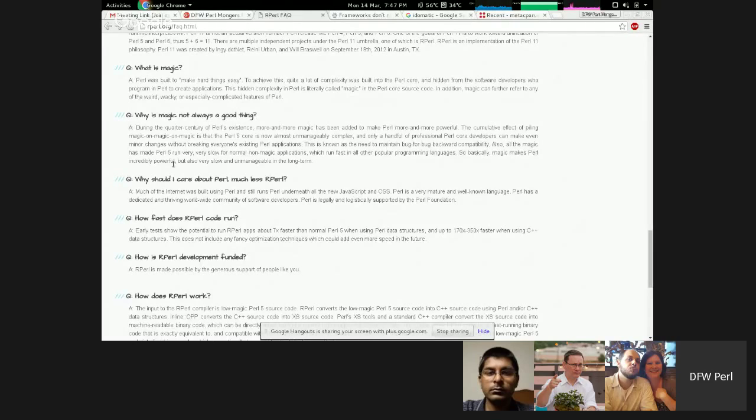Do what I mean, Perl, and so on and so forth. But I'm not seeing where Perl runs really, really slow. Also, all the magic has made Perl 5 run very, very slow, to quote him again, for non-magic applications, which run fast in all other popular programming languages. I think this is a bit of a stretch.